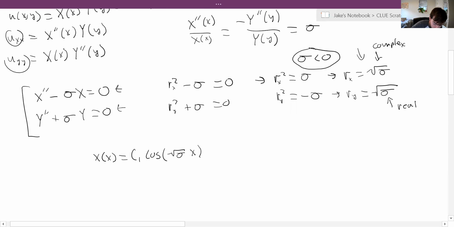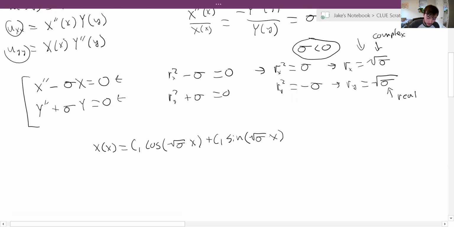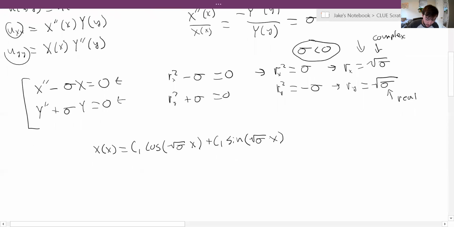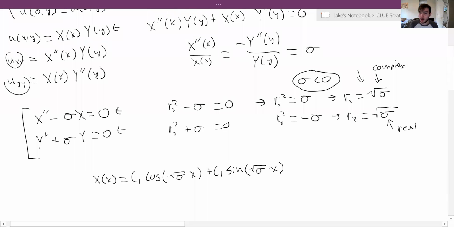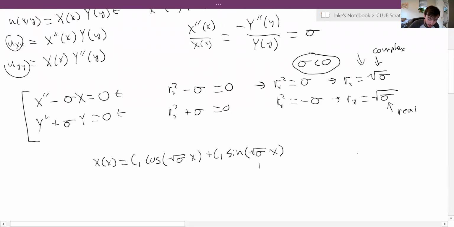Now I'm going to make a clarification in one moment here. So if you're noticing something funny going on here, that's good. I'm glad you noticed. So you might be asking, wait, you told me root sigma was complex. So what you've done is you've put a complex number in here, and so now we've got i's sitting around. Now that is a great observation. And what I'm arguing is that